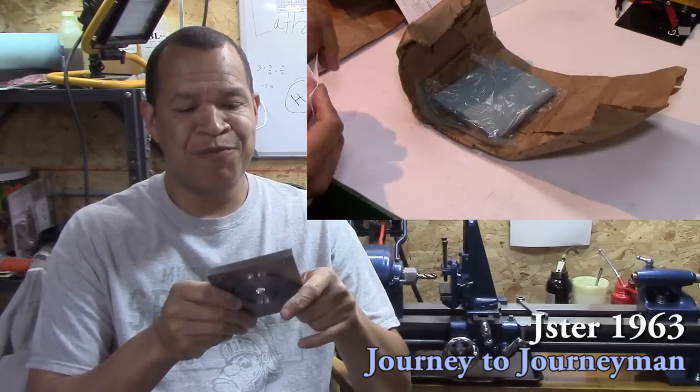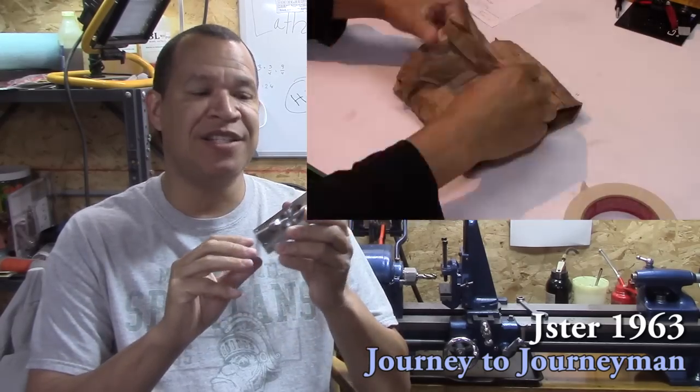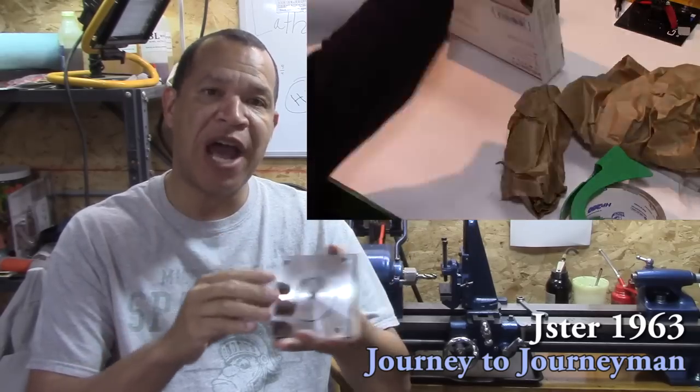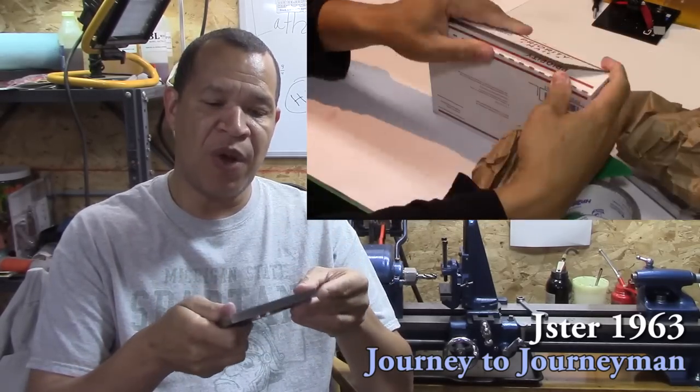Anyway, that was extremely challenging, but extremely rewarding. I know what the lathe can do now. I know that I can do a couple things by dimension now. So anyway,